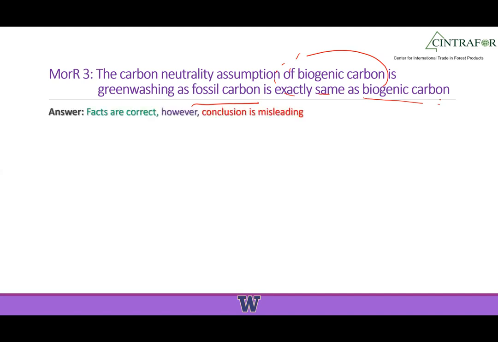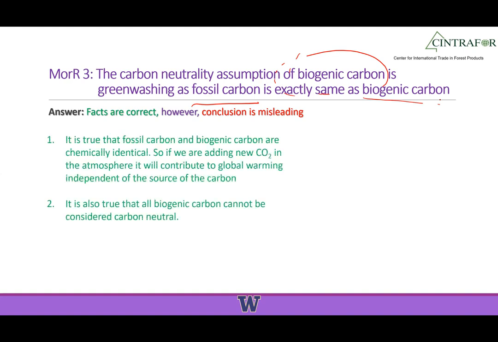Now, there are a lot of correct facts in that particular statement, but the conclusion is misleading and wrong. Here is what is right. Yes, chemically, fossil carbon and biogenic carbon are absolutely identical, and they contribute equivalently to global warming in the atmosphere, everything else remaining constant. It is also true that not all biogenic carbon should be called carbon neutral. And I'll talk about some of the instances when. However,